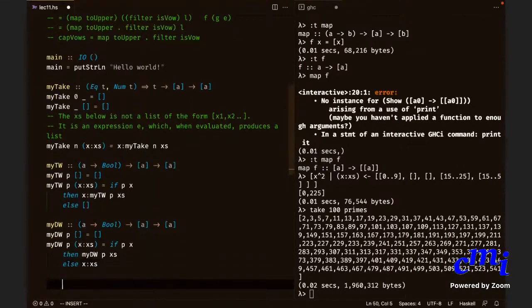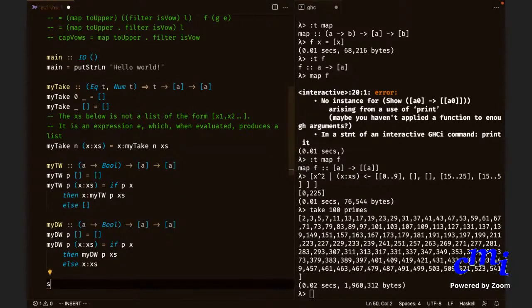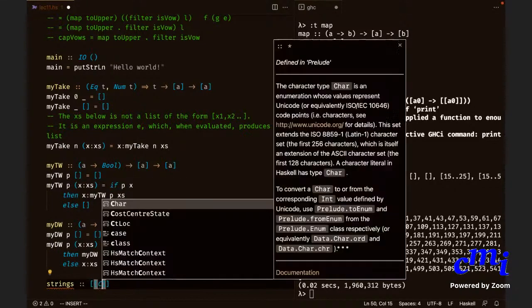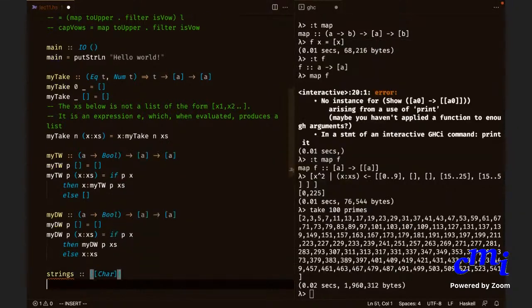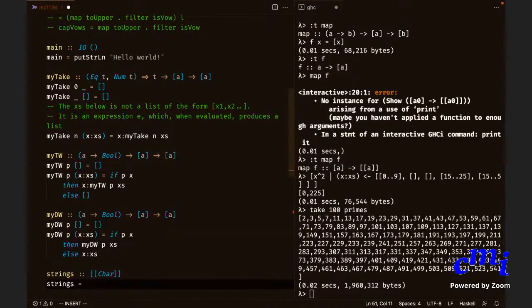Suppose I have a list of marks or something. I have a list of strings, let us say. I don't know, so give me some strings.